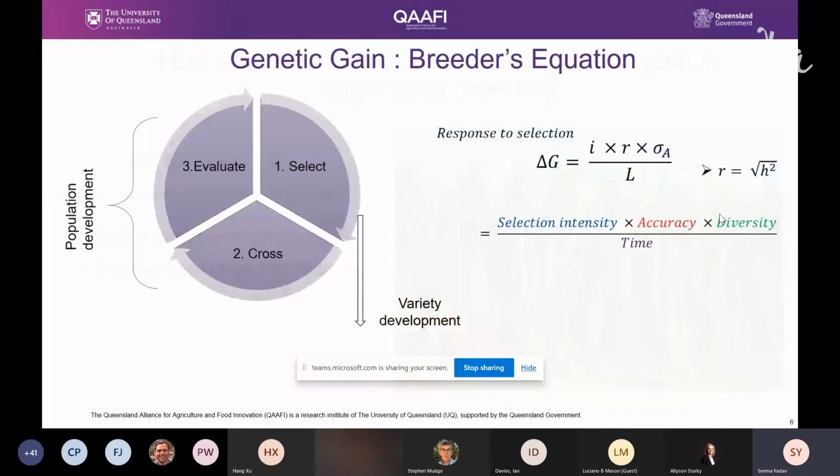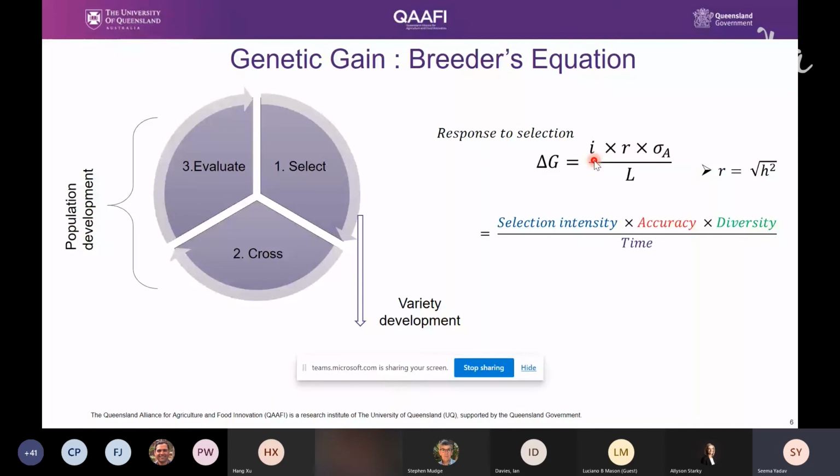But when we talk about genetic gain, it is very easy to understand in terms of the breeder's equation. This right-hand side is showing the breeder's equation. This is basically a guide to the breeder. We can quantify all the potential bottlenecks in the existing breeding schemes,